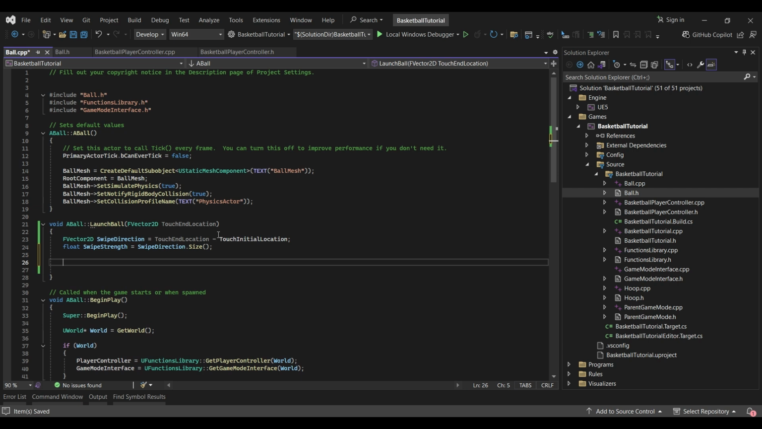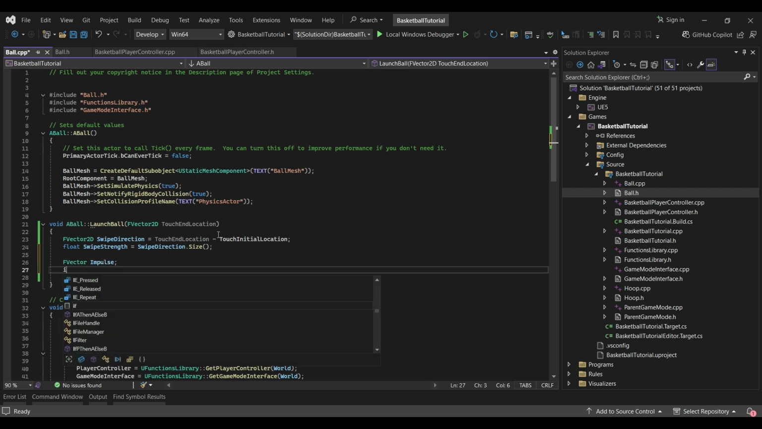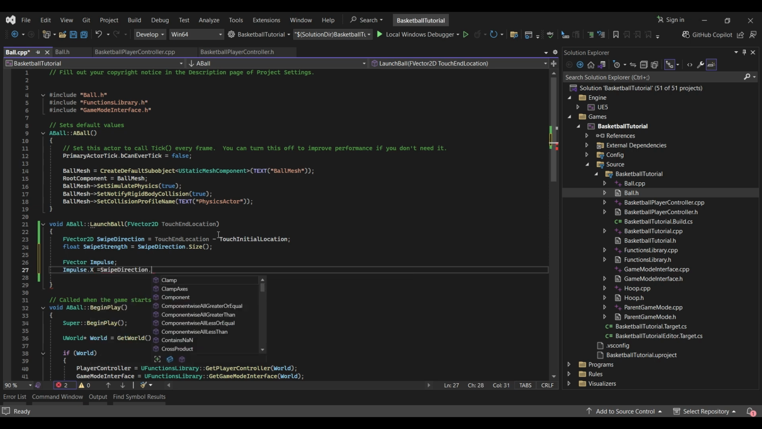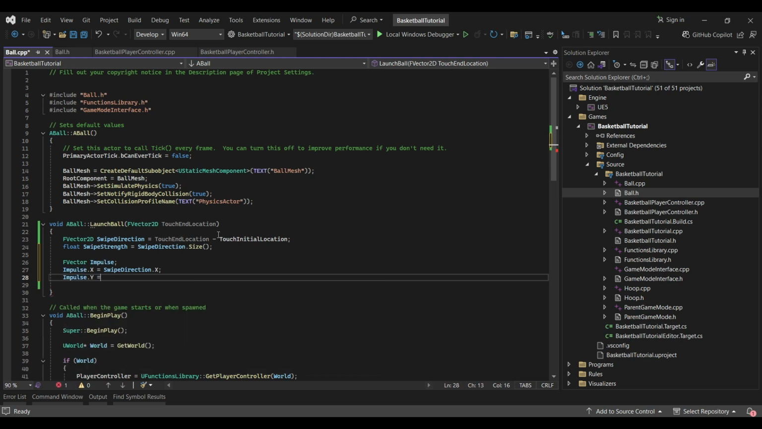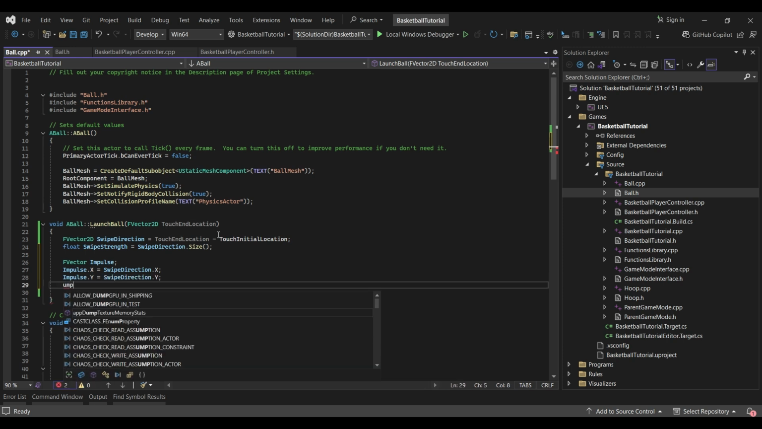Okay. Now we need a vector, 3D vector. We need to call it impulse because that will be responsible for the impulse, for the function add impulse. Okay, so f vector impulse is impulse.x is equal to swipe direction.x, impulse.y is equal to swipe direction.y